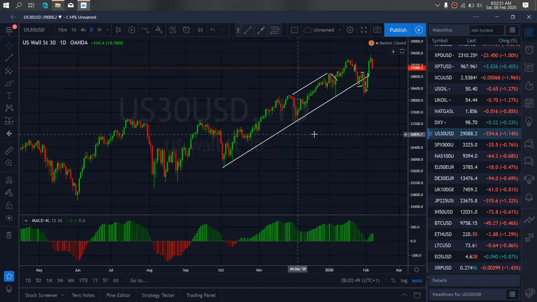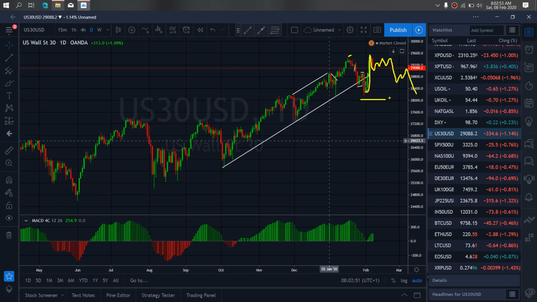US 30 Dow Jones for this week. Dow Jones this past week gave a retest of this daily top, and right now it's dropping back down. So we want to watch them give us corrections and sales this week towards this low. It's also to watch for sales that will drop us back to this low on Dow Jones for this week,